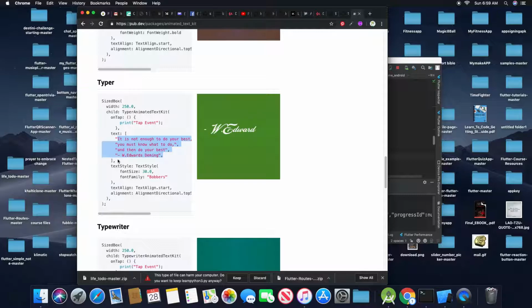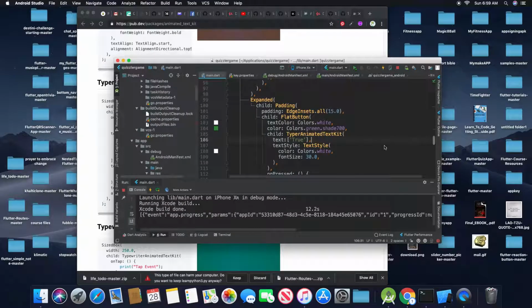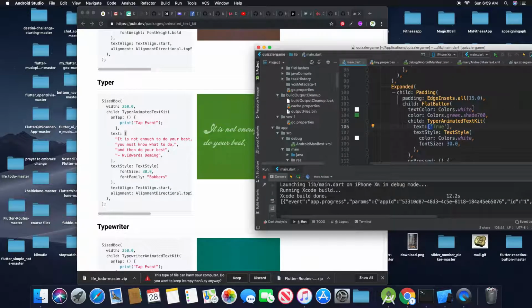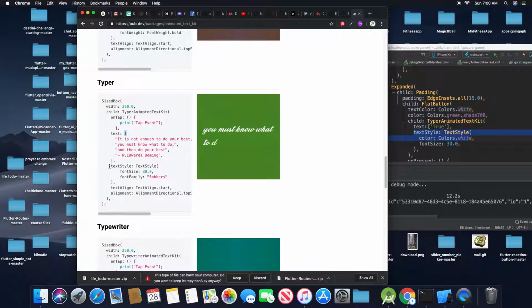If you want to follow the rest, as you can see, I've already mentioned this one. When it comes to my project, these are the 2, 1 and 2. When you have this text style, this is the second one. If you want to change the font family to Bomba, okay, then it's up to you. So guys, that's how you can use